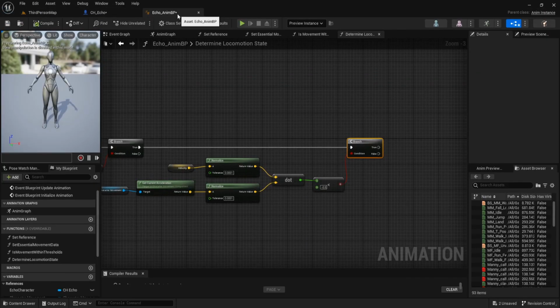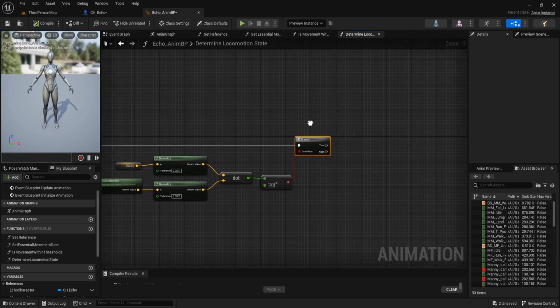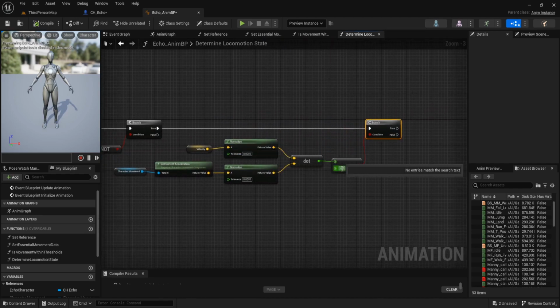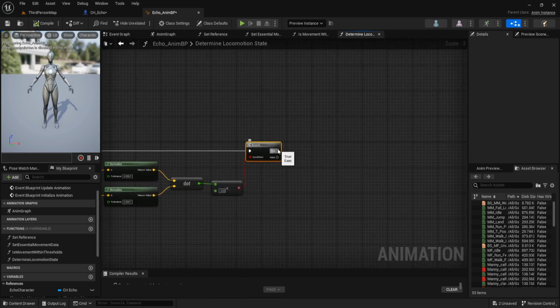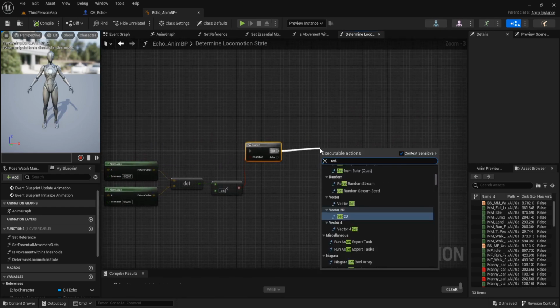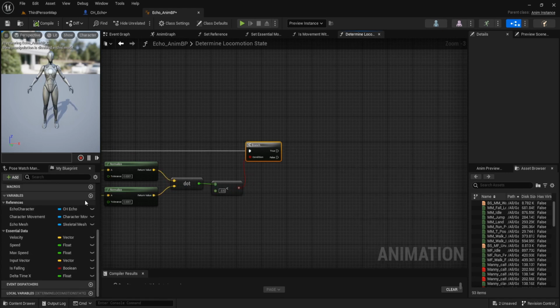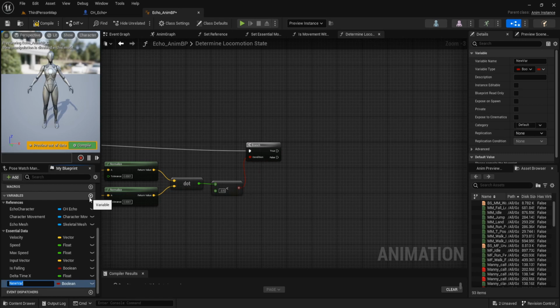Can close this. And in the determine locomotion state, when this dot product is less than minus 0.5, we set the locomotion state, but we have to add a variable first.